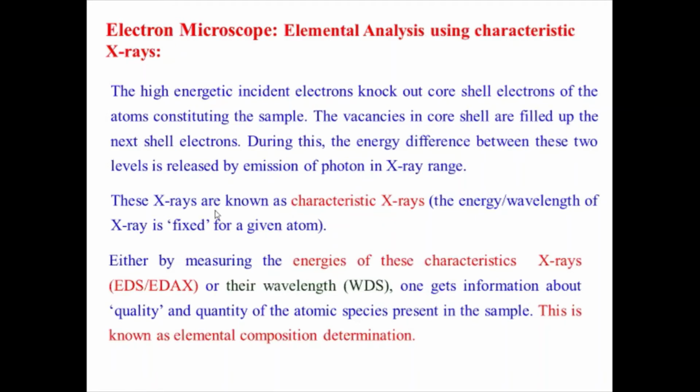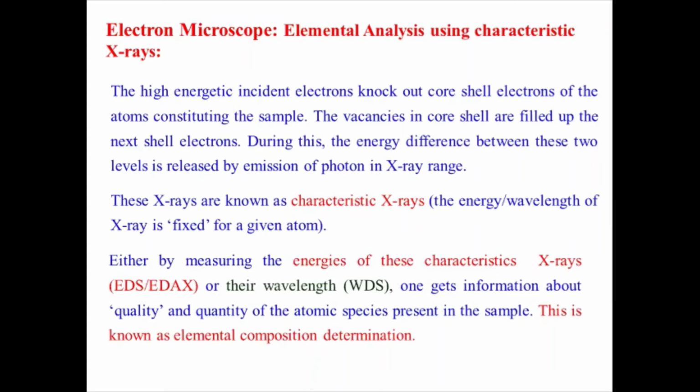In addition to the electrons, primary, backscattered or secondary, used for generating the image, one can also collect or detect the X-rays, either measuring their energies or wavelength. So if you measure the energy, the technique is termed as EDAX or EDS, energy dispersive spectrometer, where the X-rays are categorized based on their energies and detected. Another is WDS, wavelength dispersive spectrometer, where the X-rays will be dispersed or categorized based on their wavelength, and then they will be identified.